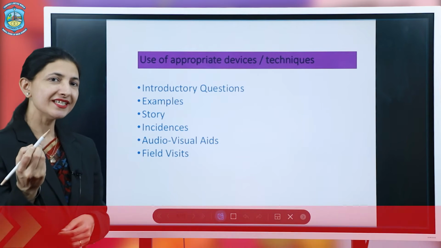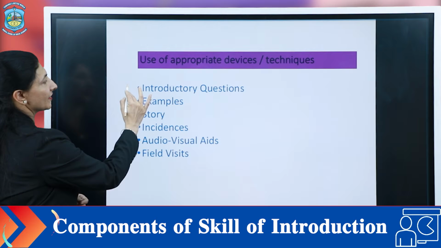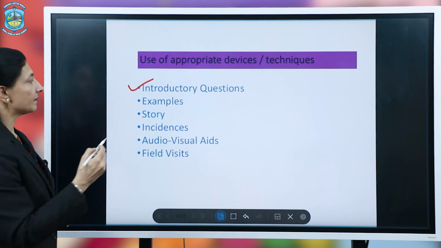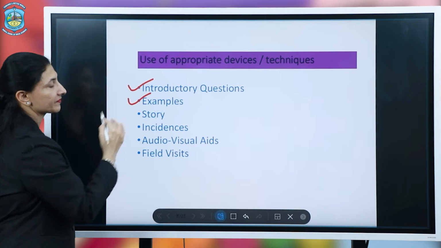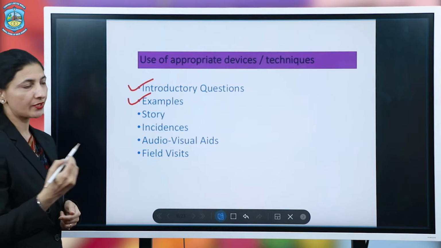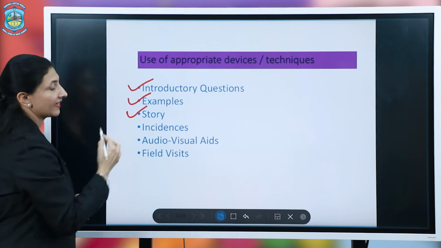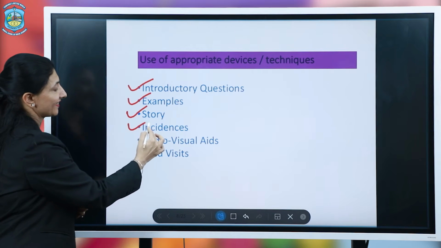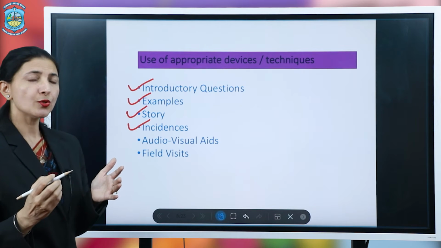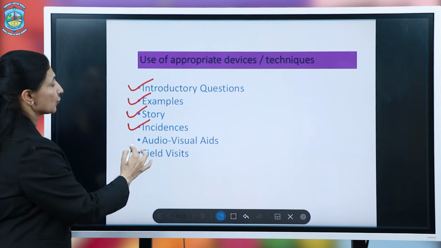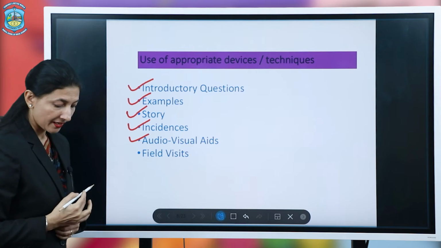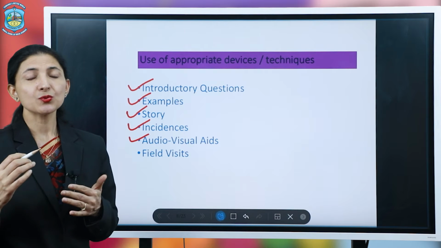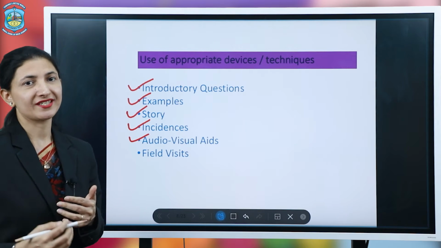A pupil teacher can also ask introductory questions. She can give some examples, tell a story, share incidences, and show audio and visual aids. And yes, a pupil teacher can also take the students for a field visit.